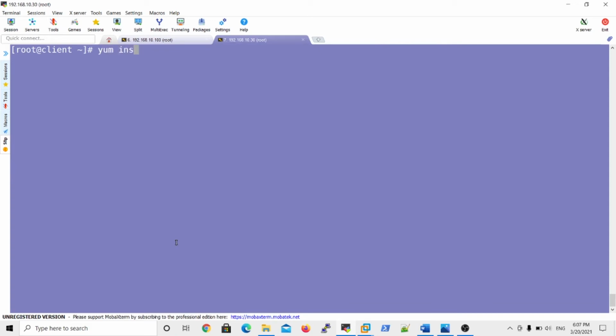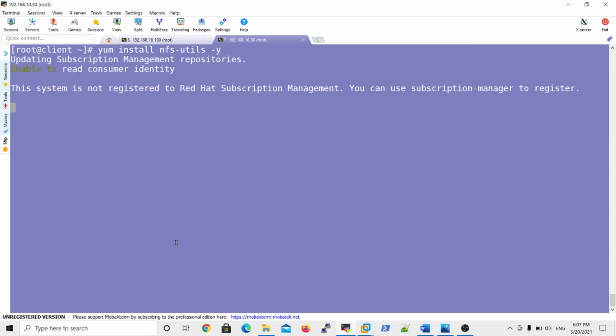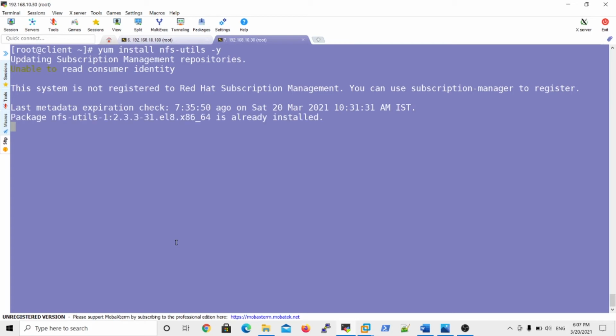In case not, yum install nfs-utils is the package name, and you try to install it. So now the NFS package is already installed. Once the package is installed, the showmount command works. Now you can check the showmount command. Previously the showmount command said command not found.